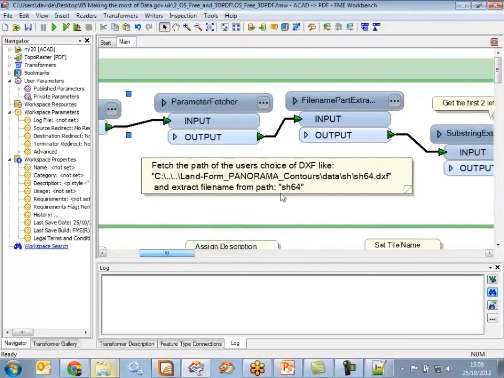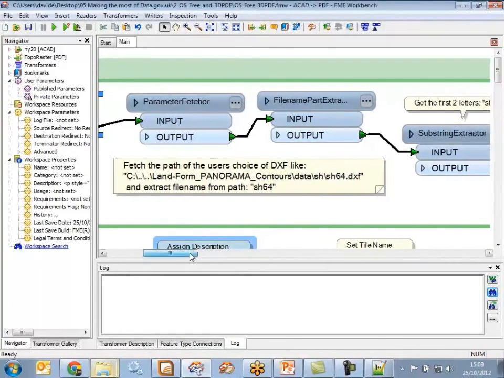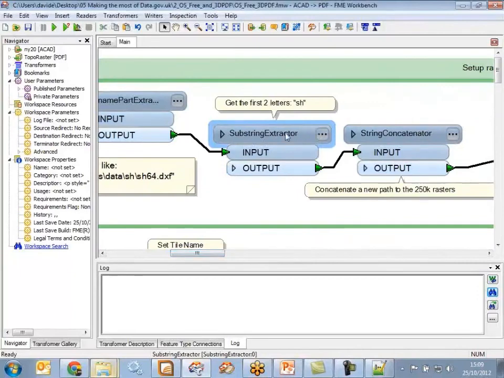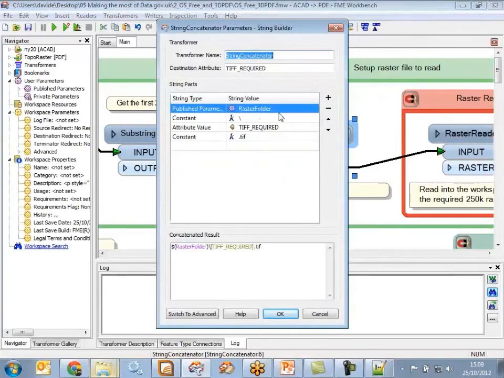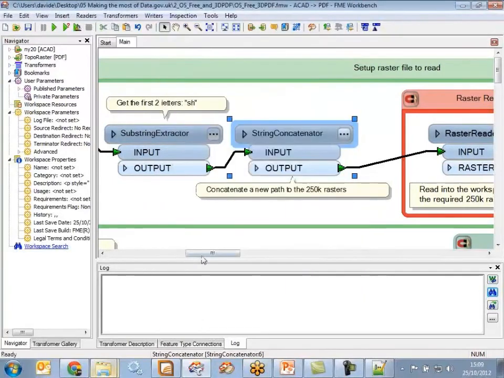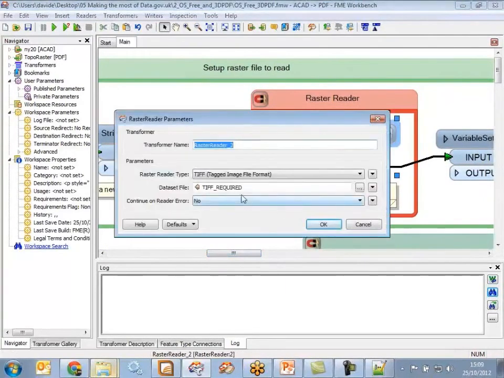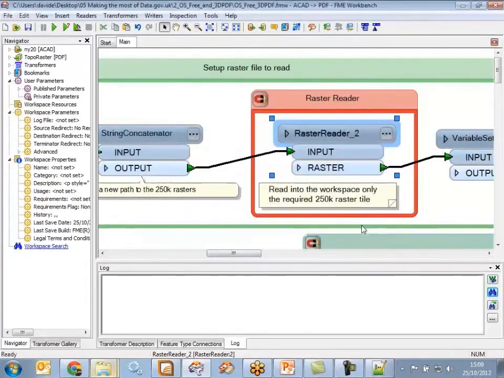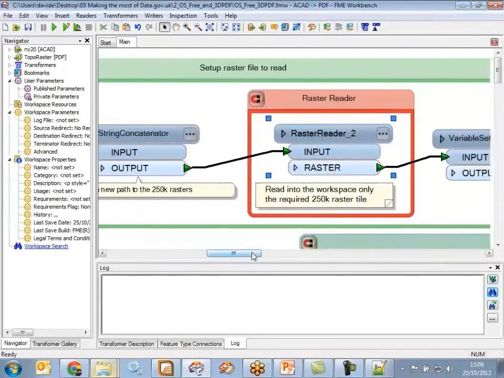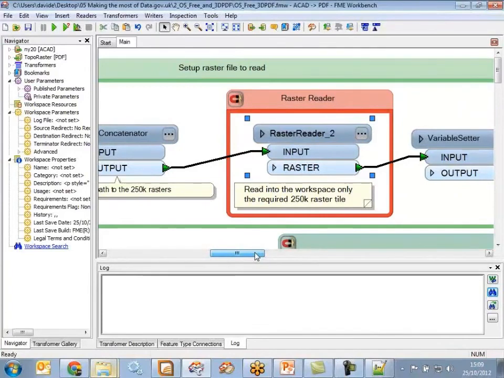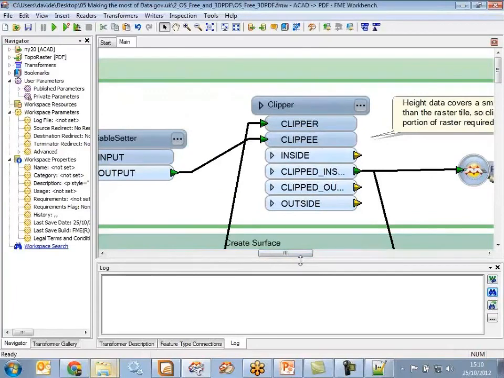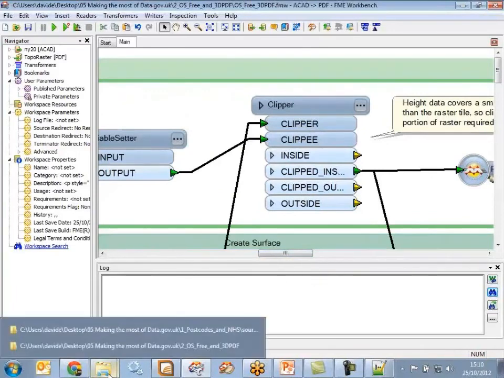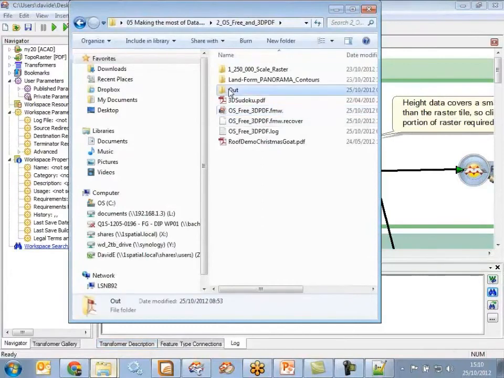So what my process does here is fetch the file path, the folder name, strips the letters out of it, and then concatenates that data to the folder with a backslash, and the TIFF I want with a .tiff on the end. And then the raster reader transformer reads in the TIFF that's required. So it only reads that one file rather than having to go and read every raster file in the whole folder. And the process basically clips out the little bit of the raster data that we need, and the result is that in this workflow we end up with